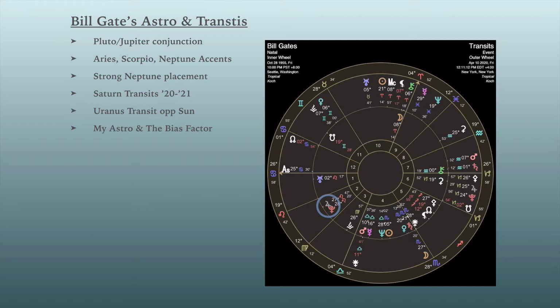And in the second house, it's probably very helpful for accumulating a lot of money. So I don't think he was born with a silver spoon in his mouth, but he was born with an aspect that really helped him. I can't say it was fated, but it really assisted him